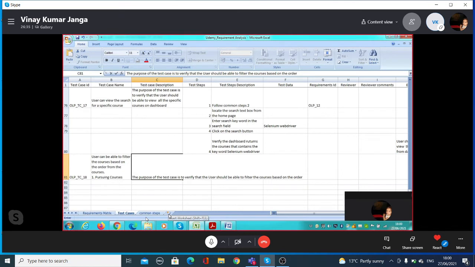The purpose of the test case is to verify that the users should be able to filter the courses based on. Here you need to be specific. The purpose of the test case is to verify that the user is able to filter all completed courses, or the user should be able to filter courses based on the status, dash completed or pursuing.